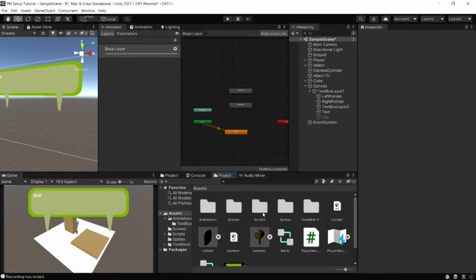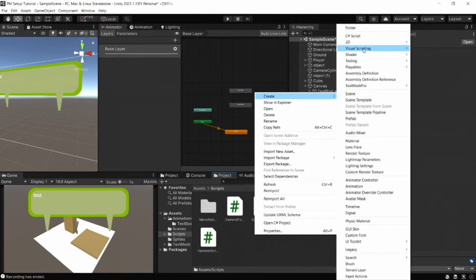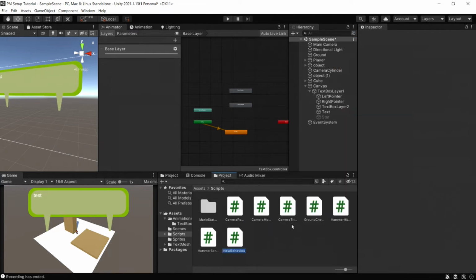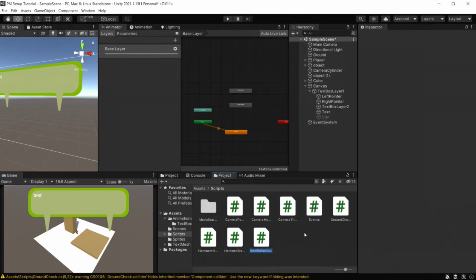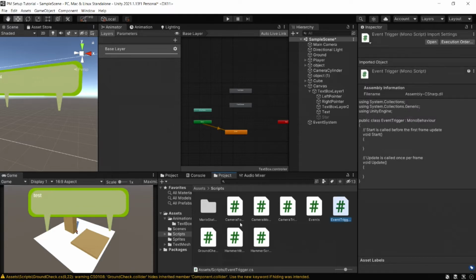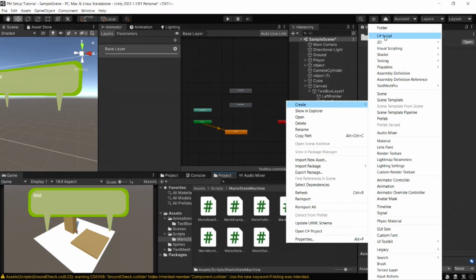Next, we can go to our scripts folder, and we're going to go ahead and create all the scripts we're going to need for this episode. So the first thing I'm going to do is right-click, create C# script, and this is going to be called events. We're going to create another one, and this one is going to be called event trigger. Next, we're going to go into our Mario State Machine folder, and we're going to add a new script, which is going to be a new Mario state, and this is going to be called